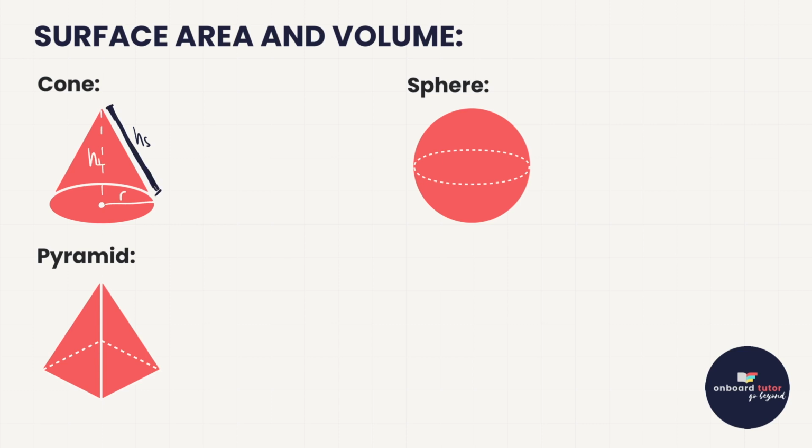If they ask us to work out the surface area of a cone, then we need to understand that the base is part of the surface area, and that's just a circle. So circle: pi r squared, plus, now we need a formula to work out this cone part of things. The way we do that is we say pi r squared plus pi times the radius times that slant height. And then the volume of a cone is a nice and straightforward formula, 1 over 3 pi r squared times